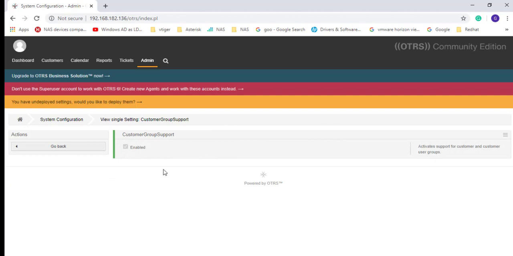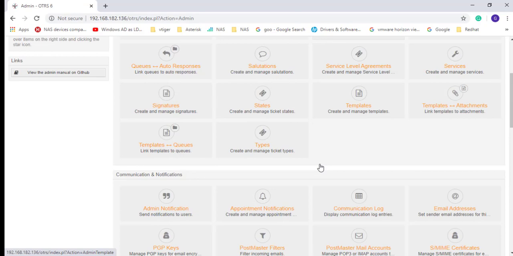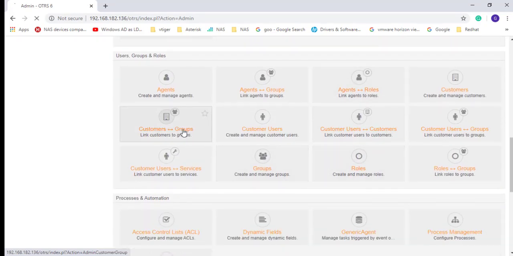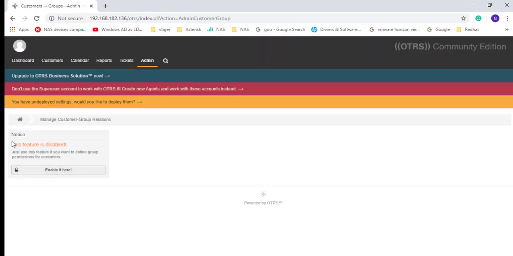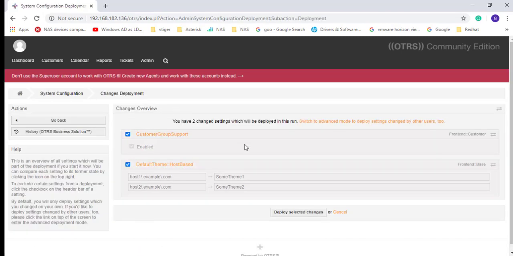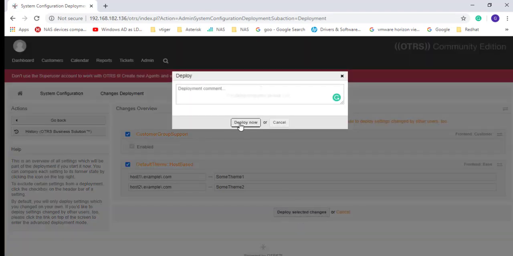Okay, so after changing, it is still not allowing us to associate. It shows the same message here. So for that you can go to this link. These are the pending changes. Deploy now.